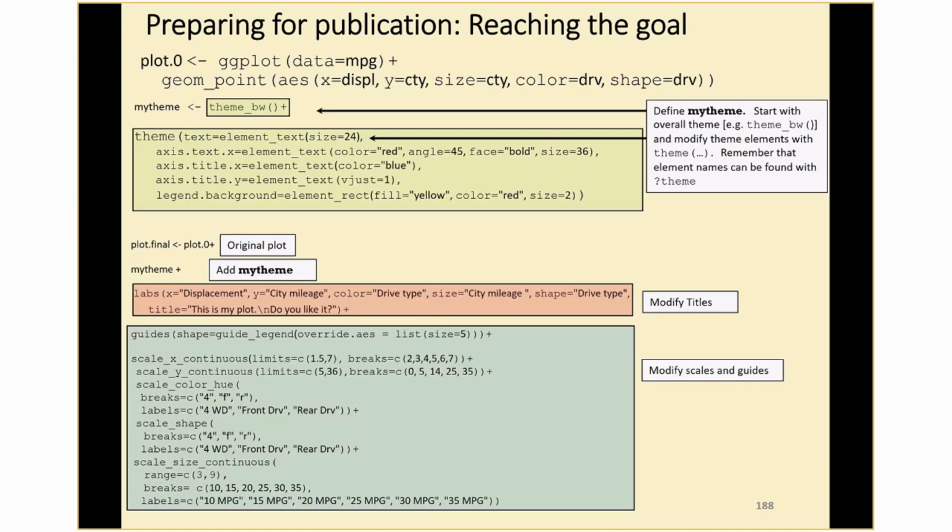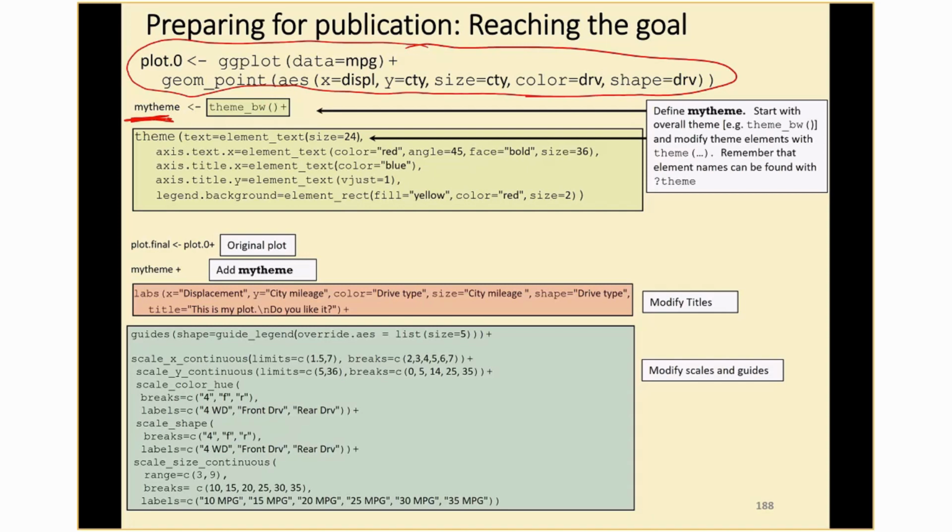So I'm going to assume that some plot exists, some scatter plot that was produced with code like this. And now I want to polish it up for publication in my thesis. So first thing I'm going to want to do is create my own personal version of my theme. So my theme is going to be an object that can be attached to all the plots with a plus